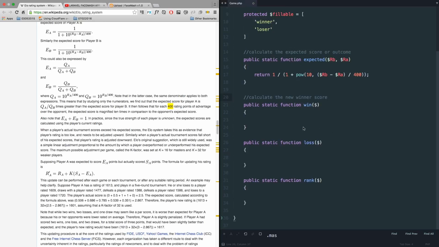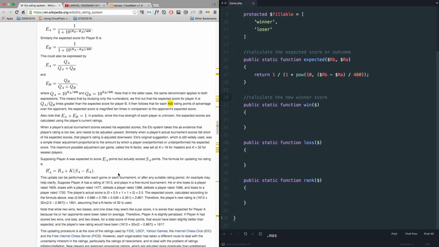We know which one is the loser and which is the winner based upon the request that's coming from the view when we click. When we click on an image, we know it's a winner. The other one is obviously a loser. Anyway, this formula says the new score for player A, which is RA,